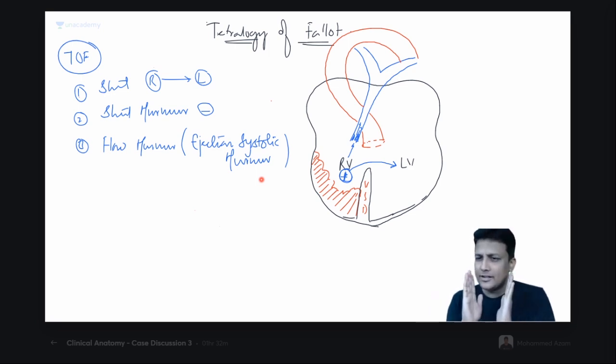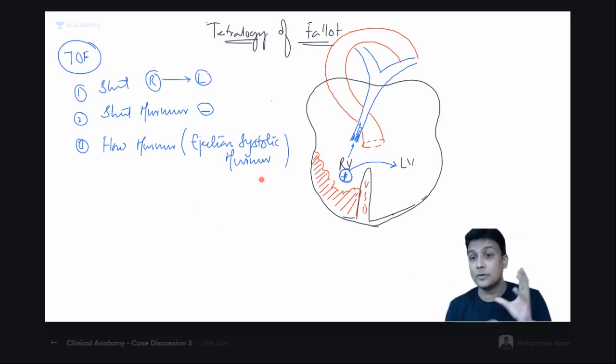There is a ventricular septal defect. You start from there. Will the blood shunt? Yes. Right to left or left to right? It will be right to left, opposite of your thinking. Why? Because of the right ventricular hypertrophy, the pressure is more on the right side, so it shunts from right to left. Will you be able to listen to that sound? No. Shunt murmur will be very much negligible. But remember, there will be a flow murmur, and that flow murmur will be an ejection systolic murmur.